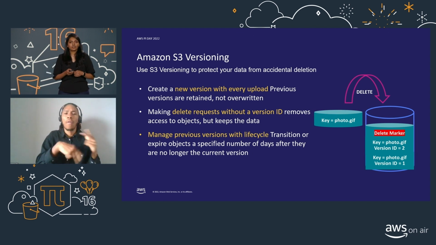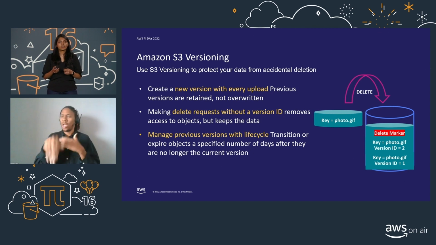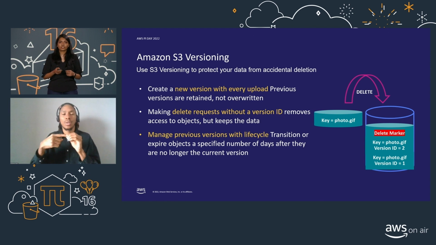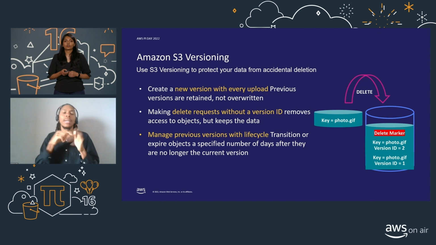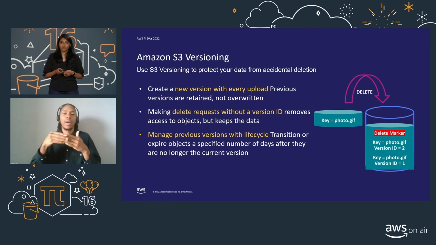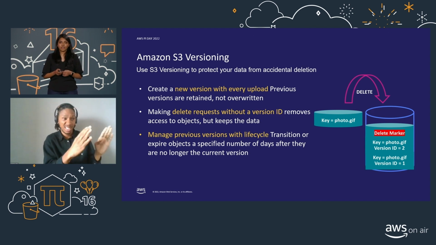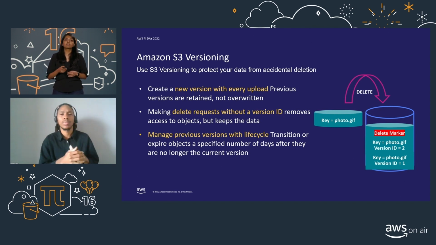Now, you might be thinking that over time, all of these versions are going to sit in your S3 bucket and add to your storage costs. To avoid this, you can use lifecycle transition policies to move all of your older versions to cheaper storage, say Glacier Instant Retrieval or Glacier Flexible Retrieval or even Glacier Deep Archive. Additionally, you can also use lifecycle expiration policies to delete all of these versions after a fixed period of time. Versioning as a feature on S3 is the foundation on which every other data protection feature we're going to be discussing today is built on top of.